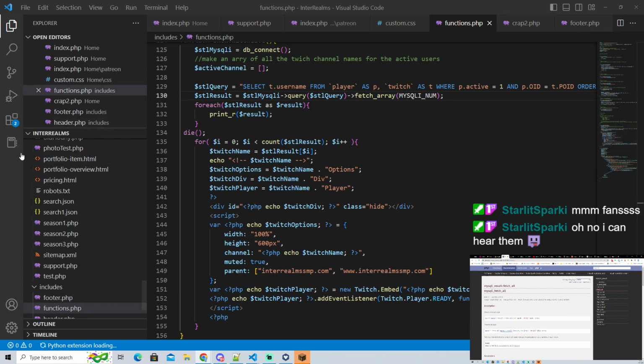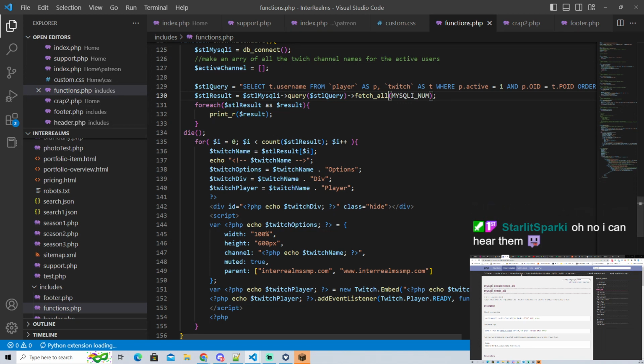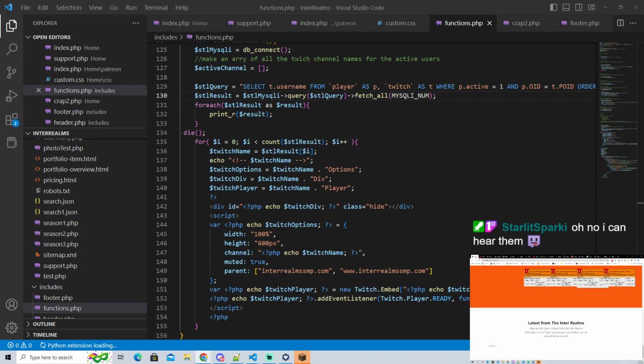Okay. So the problem that I was having is because I'm a Muppet. And this fetch array gets the first row of that thing. So instead, we don't want fetch array. Can we delete things, please? Thank you. All. We want to fetch everything. Fetch all of it, my lovely little program. So let me go back over here. We hit refresh, and now we should see. There it is. Now you can see that there are 2 more things in there that say Jurassics and Keegers.